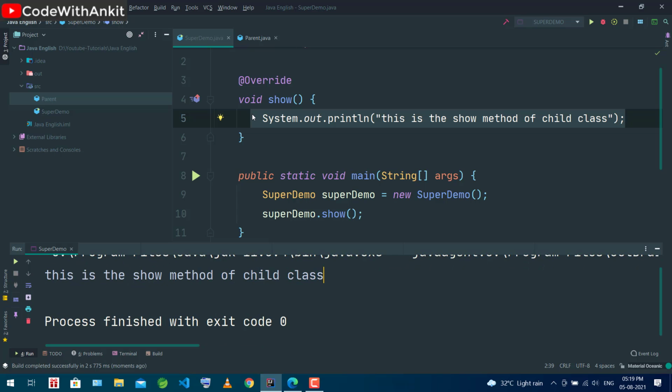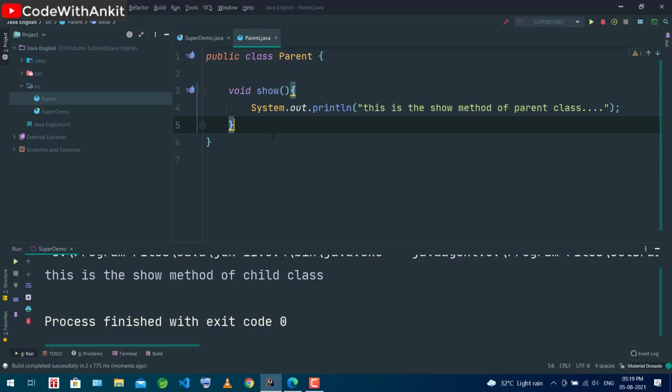Now just suppose a situation that you have to call the parent class so method. Suppose you are in a situation that you have to call the parent class so method, then how can you call it?